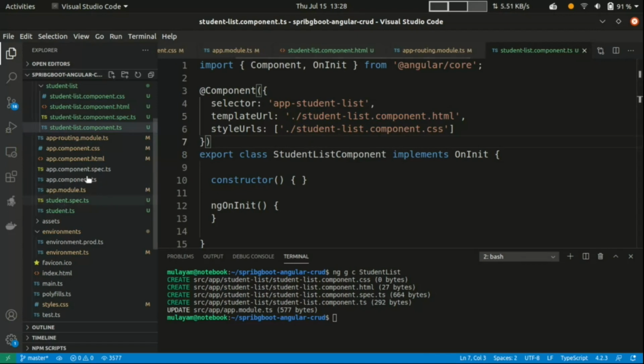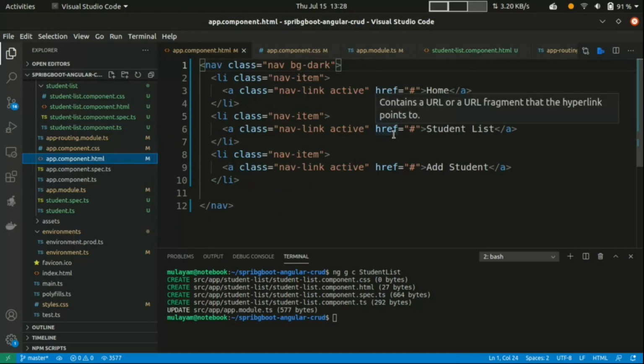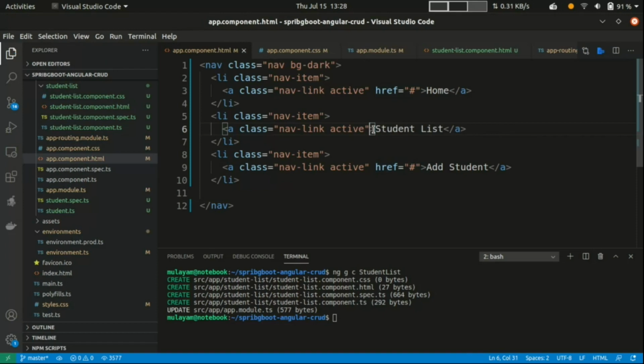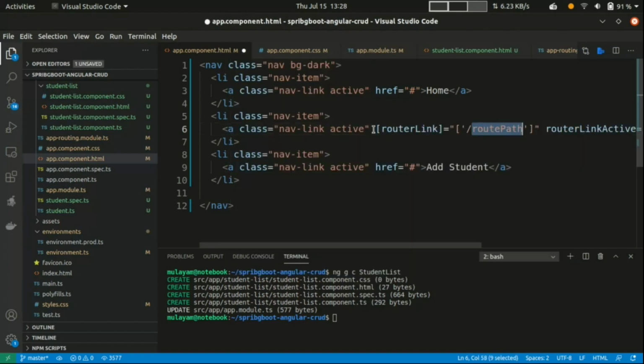Then just go to our app.component, because when I click on this button, this link, I want to load that content. So we have router link, and just write that endpoint or that URL. Just remove this thing, it is not required. That's it. So when I click on this, what will happen?